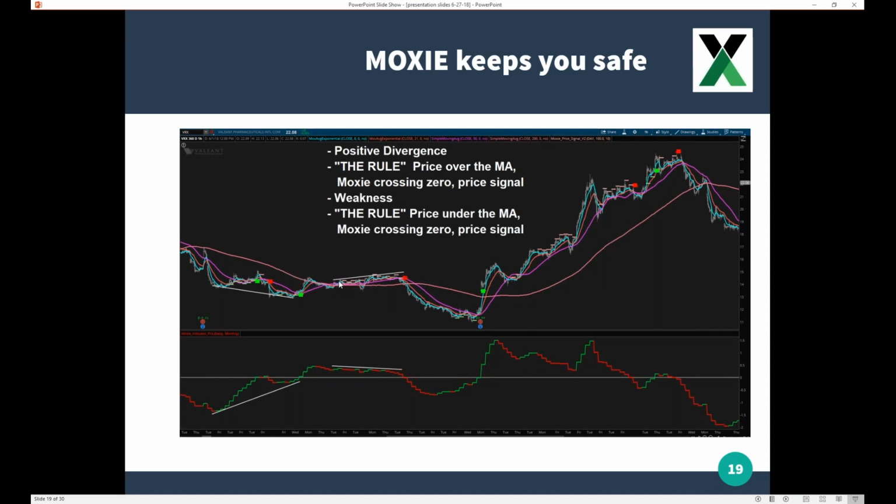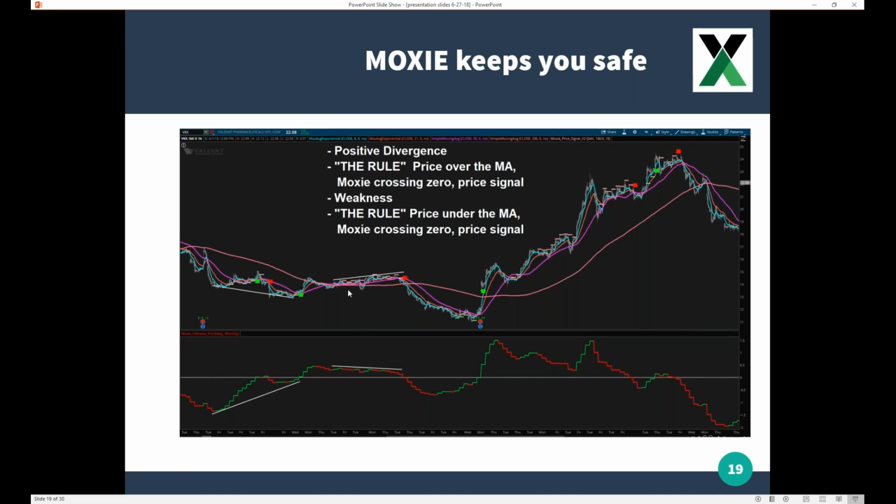And as we continue on, we do manage to get over these moving averages, but in a very weak way. Notice that we have all these Moxie warning bars as price tries to go up. That's telling us something. It's warning us that even though price is moving up, energy is not supporting it, and that's a problem. And so you can see we're getting some divergence.